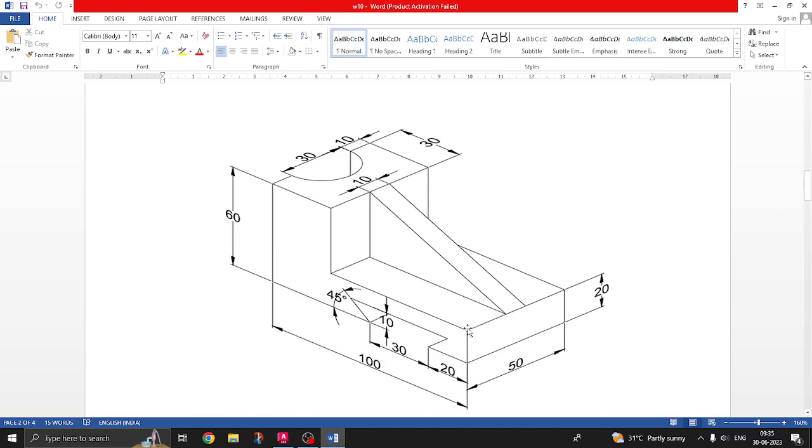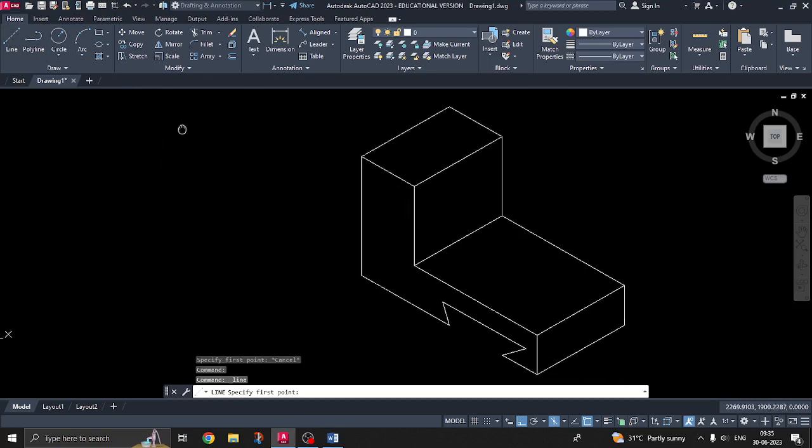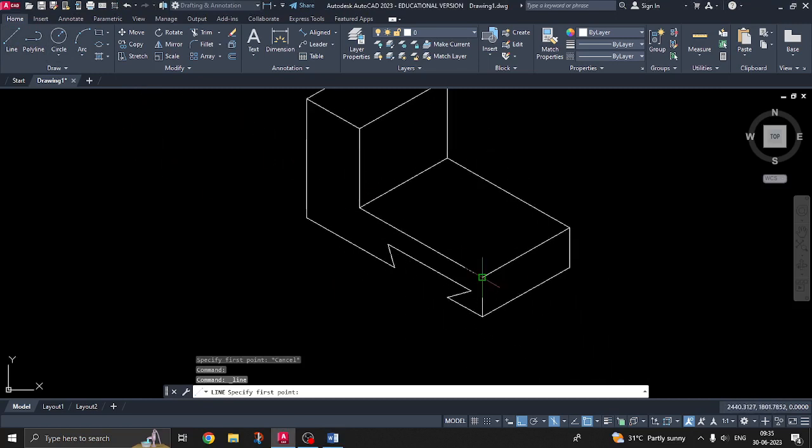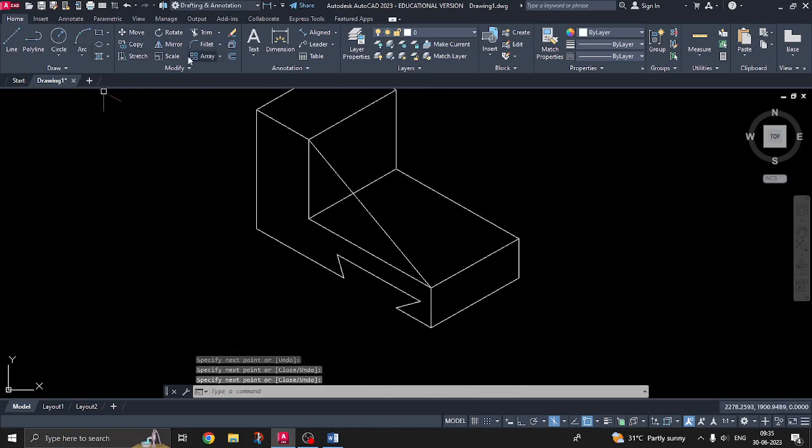Okay, first you can draw this triangle, this corner. Okay, take line, start from here, switch off ortho and join here,